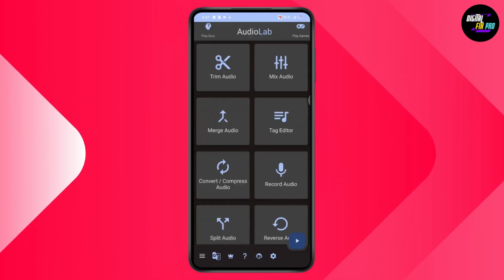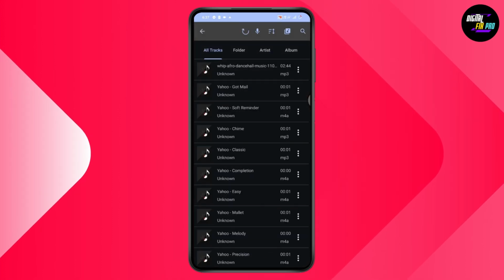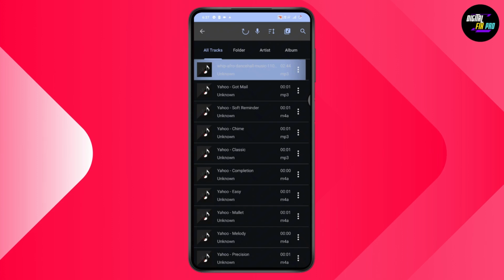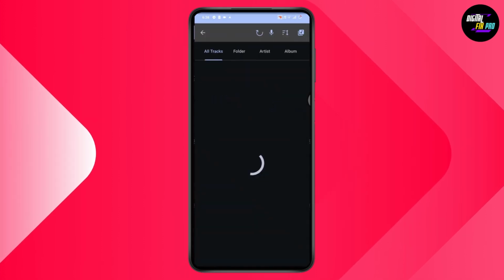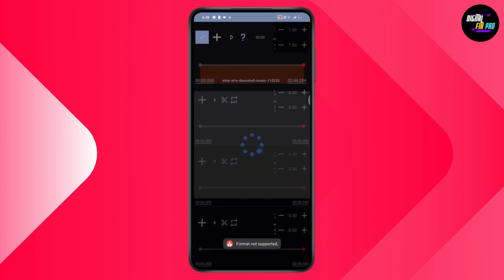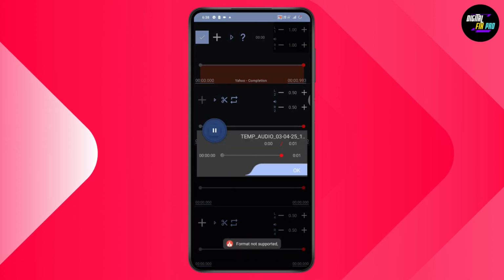Now you need to go with mix audio, which is on the top right. Go with allow, and you can select your audio. So simply go and select two audios that you would like to mix. Go with plus, which is on the upper left, and then select another audio. After selecting two audios, it will merge those two audios, and then you